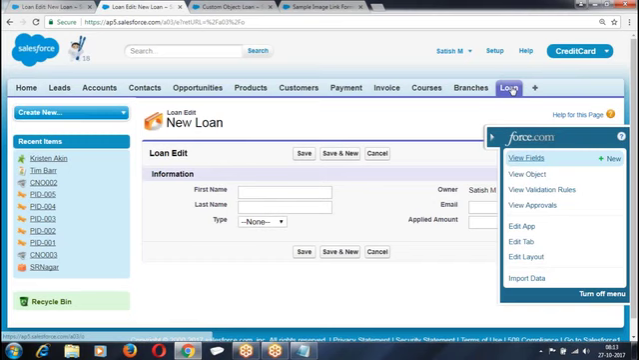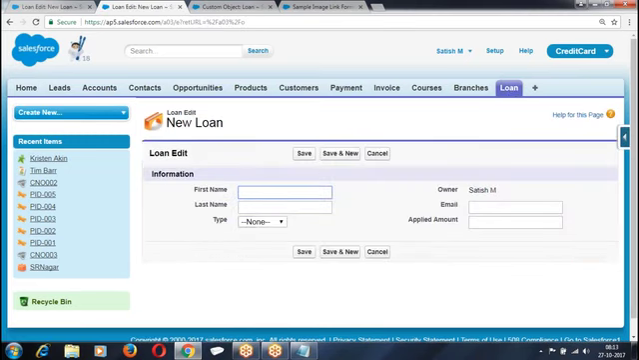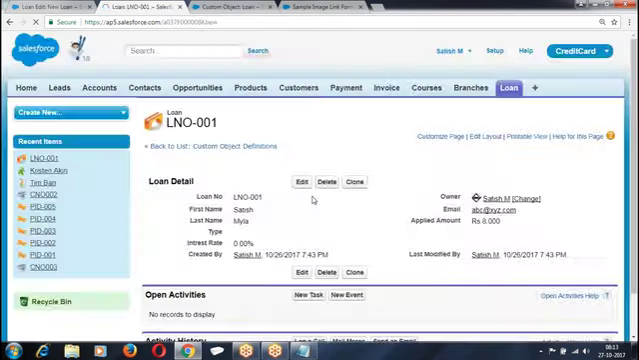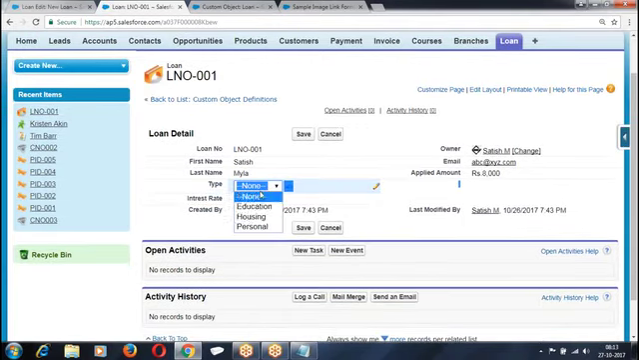Now go back to the loan. Check out any record. On the detail page, are you able to see the field? You will not be able to see the field on the add page. Only on the detail page you will be able to see it. Rate of interest is